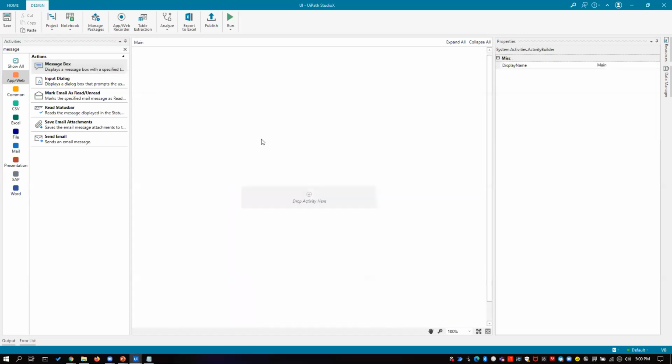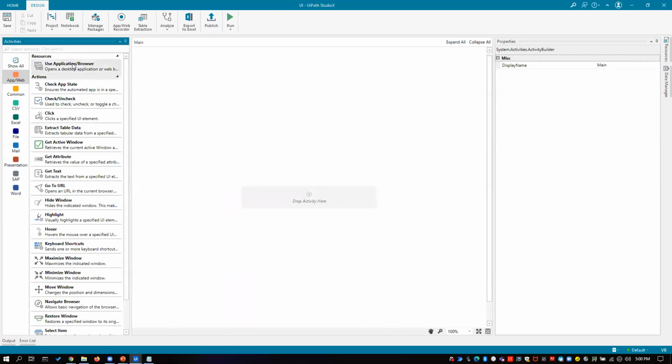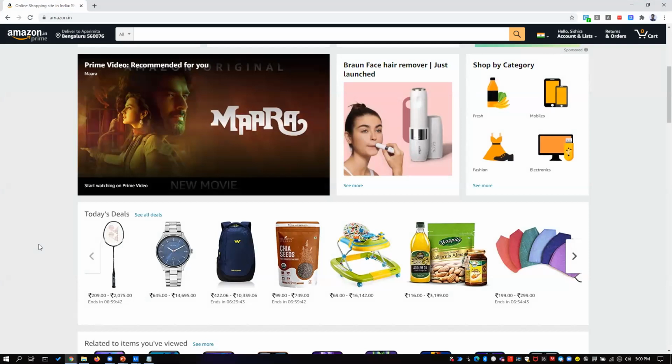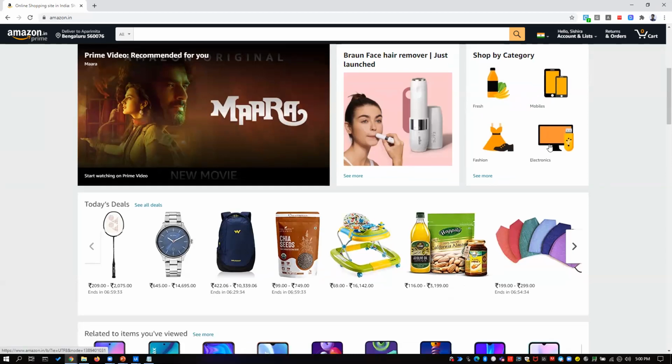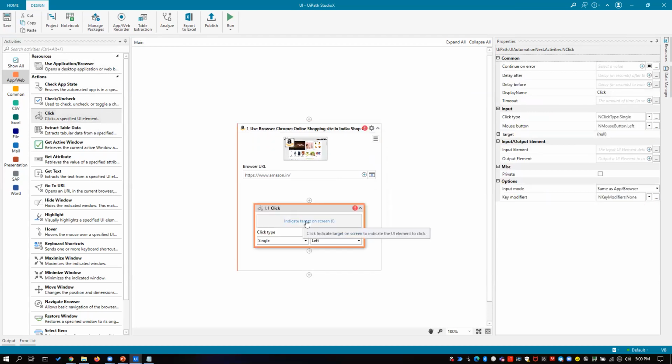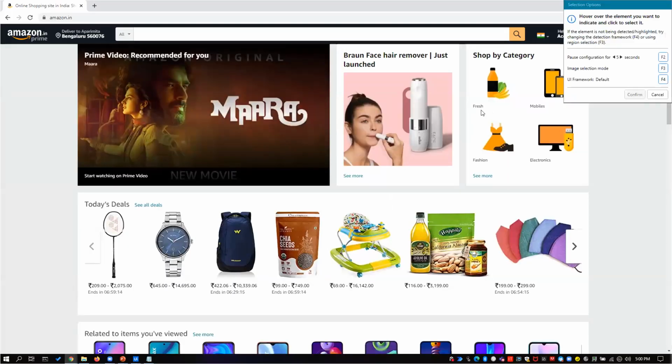Let me clean up my space, and let's say I indicate on my browser, like W was presenting the way to automate. So this is the browser I want to click on, but ideally these values are dynamic. We may not know where to click. Let's say here also it is one of the scenarios where the inputs would come from an Excel file or some other references where phrases like mobile, fashion, electronics have to be selected dynamically. And at that time, if you say click, you have to rely on if-else and multiple conditions, making it complicated. So the way to select is basically, let's say I select on this phrase, or maybe select on this text.